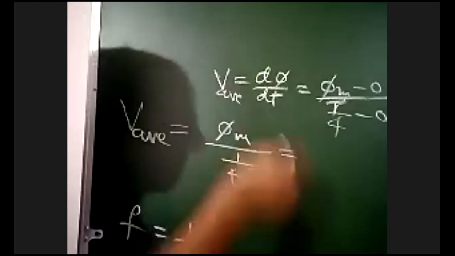Now see here, V average is equal to 4 phi m by t. What is the frequency? F is equal to 1 by t. In place of t, I am substituting F, that is t is equal to 1 by F. If you substitute t is equal to 1 by F here, we'll get, bringing this to the numerator,